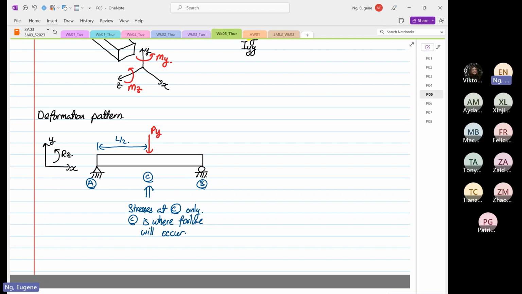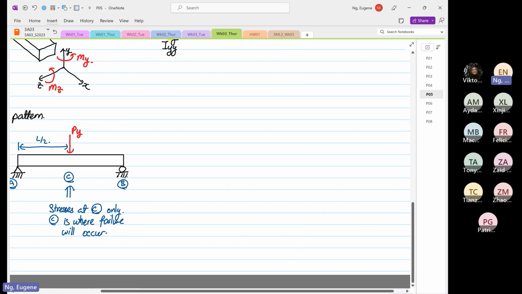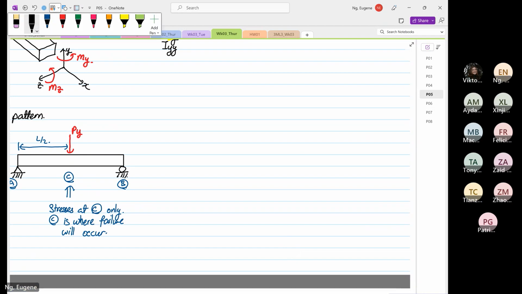It happened to be a very simple example. You just take your ruler. Hopefully your ruler has homogeneous property and you bend it. And where it's going to fail, it's going to fail at the center. So sometimes you can do a cheap experiment like this. So when this structure deforms, the structure will deform this